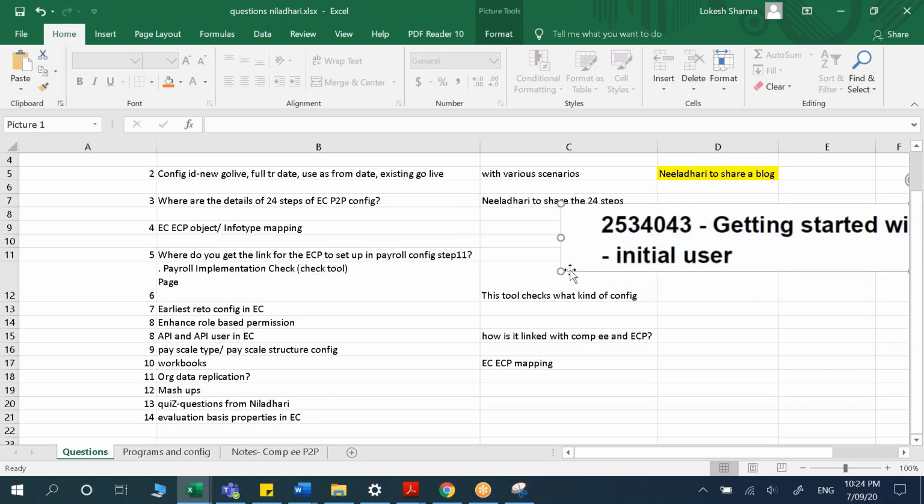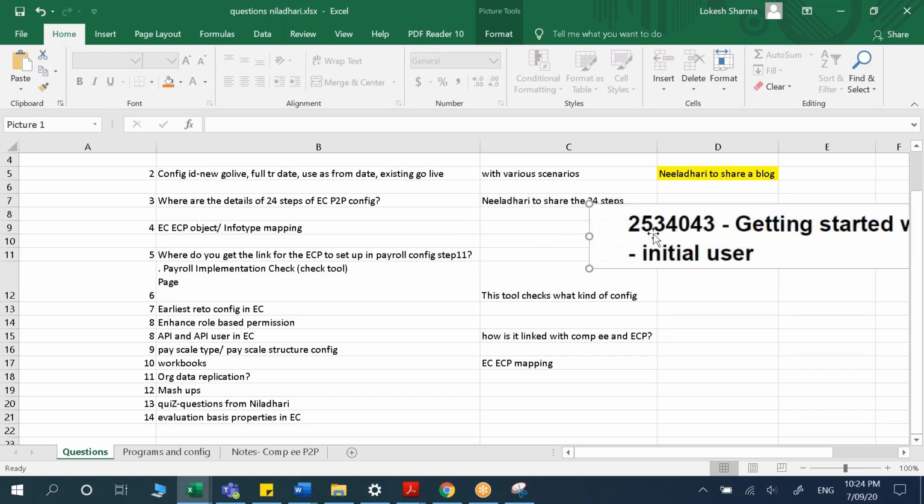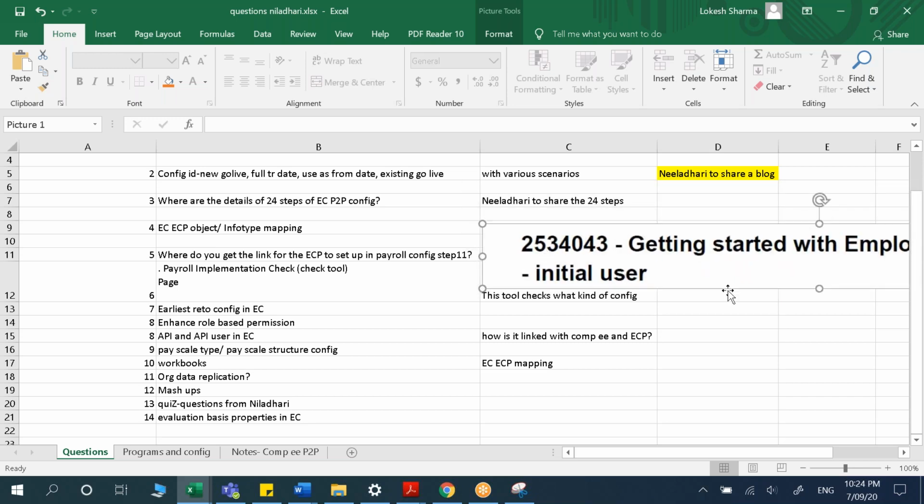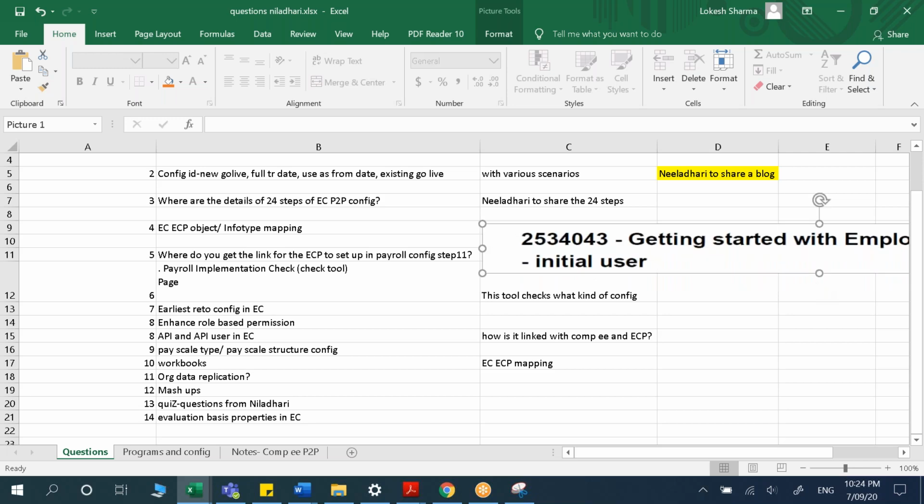But that web link can't be found in IMG, right? Which web link? In your SuccessFactors system, you define payroll config, and in that payroll config, you put your SAP client number, and then you provide the SAP server address, that web link.